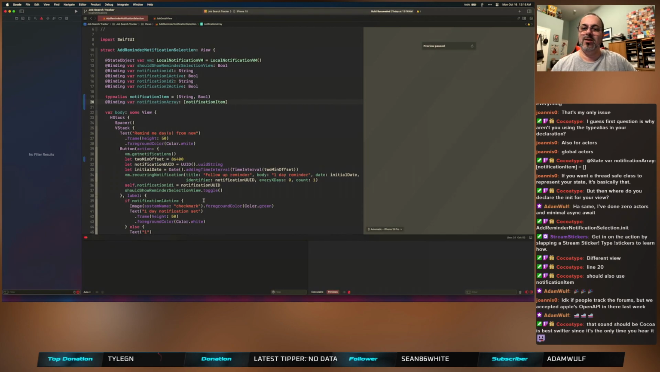Thank you, Coco Type. Thank you, Adam Wolf. I don't know if people track the forums, but we accepted Apple's Open API in there last week. Oh, excellent. Congratulations. That sound should be Coco is best Swifter since it's the only time you hear it. Yeah, but